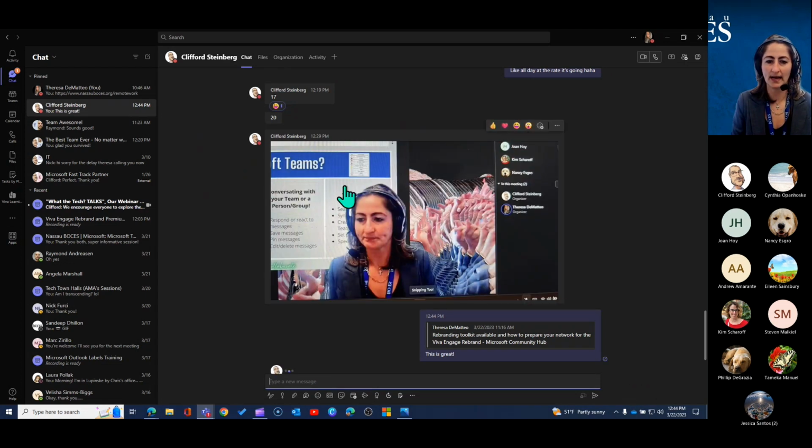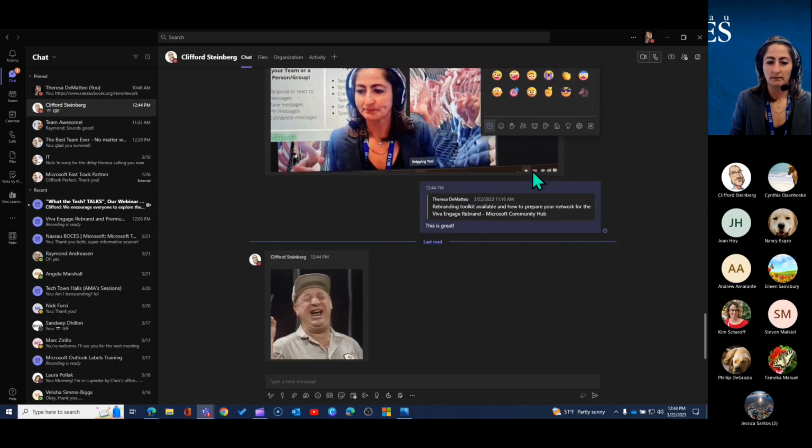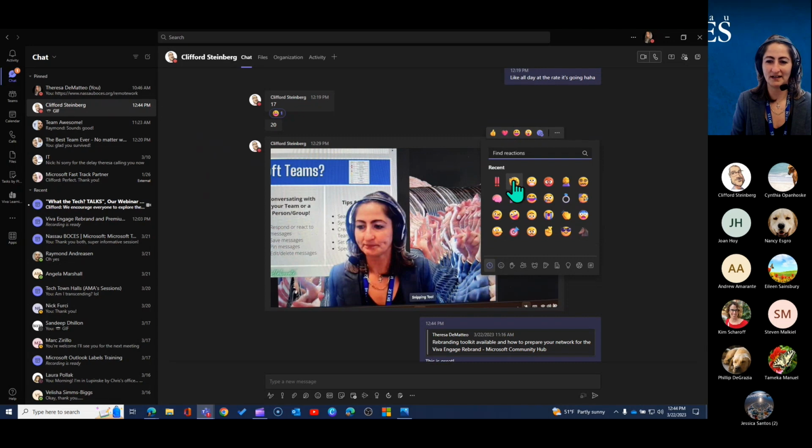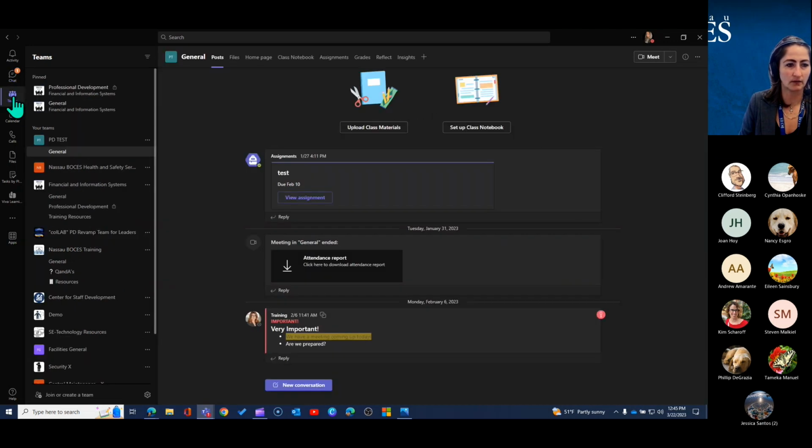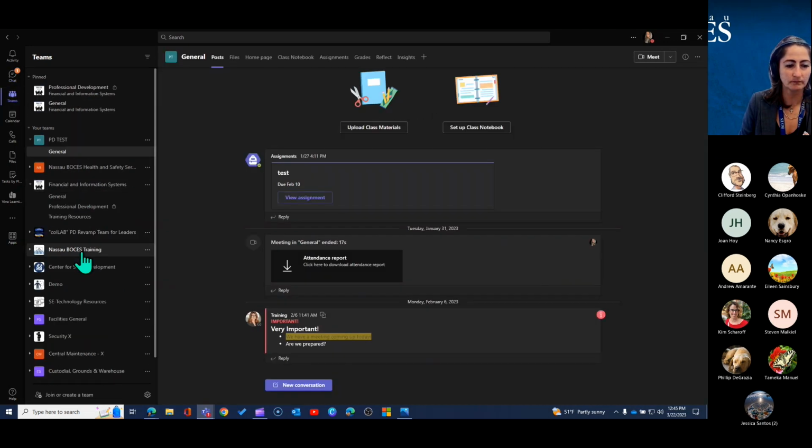And again, I'm going to react to this message with my favorite emoji, which is the rock on one, just because I think it's great. So that's different ways to respond and react to messages. These features are in these private chats, the one-on-one chats and the group chats, but also in your Teams chat. So if I go back over here,